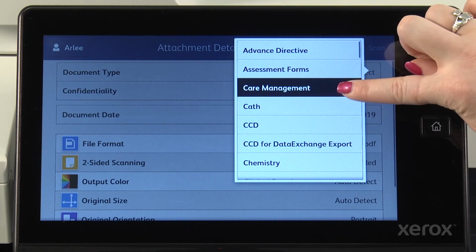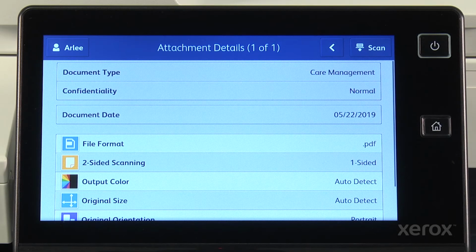If your EHR doesn't provide a list of document types, you can set a list of documents for your practice in your Node 2 account, and they will be presented here. I can also change the file format, confidentiality, and date if needed. I like that confidentiality defaults to normal, and the date defaults to the current date. I can change these if needed, but if not, I leave them as is, and it saves me a few